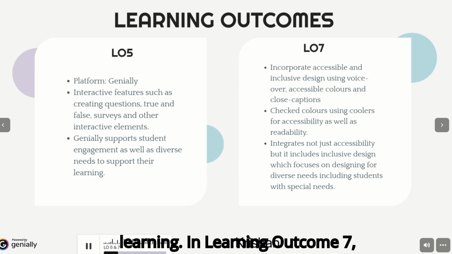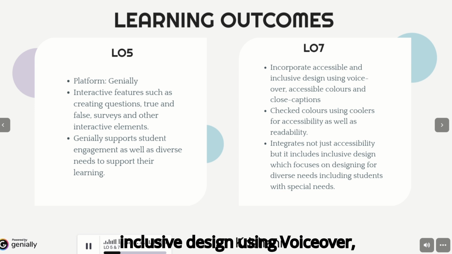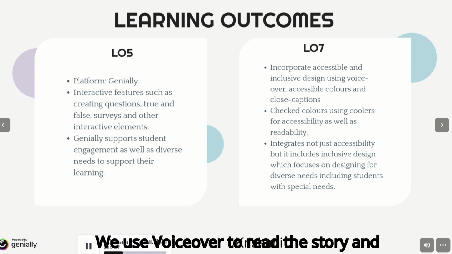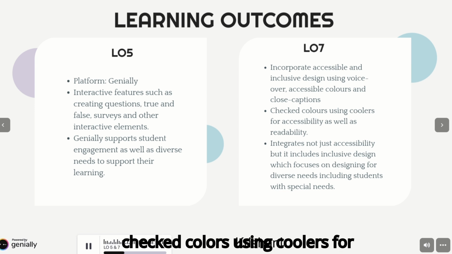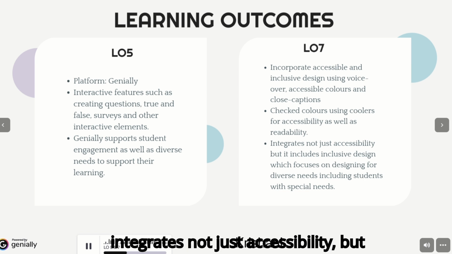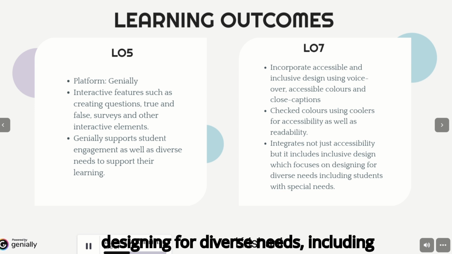In Learning Outcome 7, students will incorporate accessible and inclusive design using voiceover, accessible colors, and closed captions. We use voiceover to read the story and checked colors using Coolors for accessibility and readability. Also, it integrates not just accessibility, but also inclusive design, which focuses on designing for diverse needs, including students with